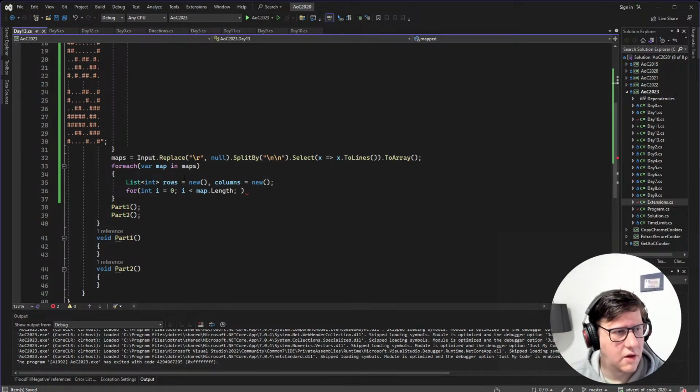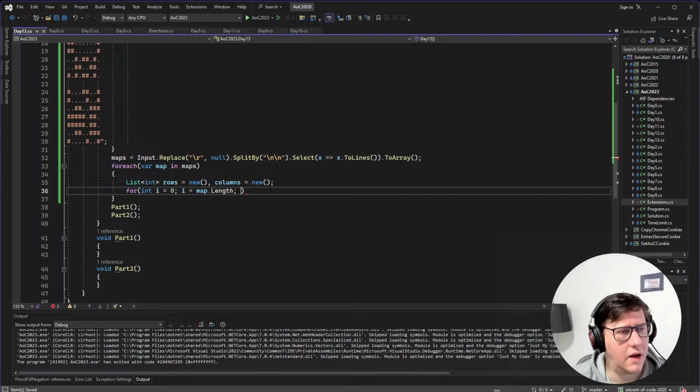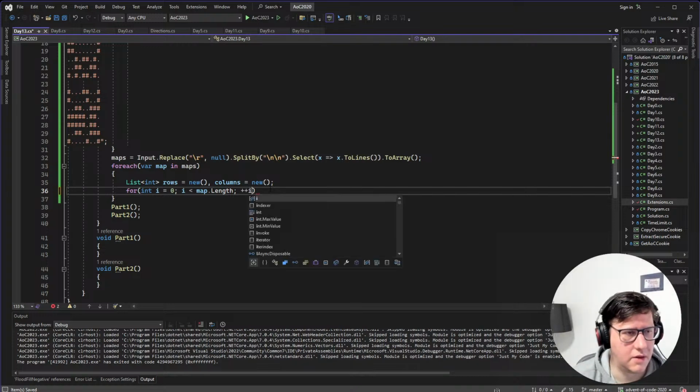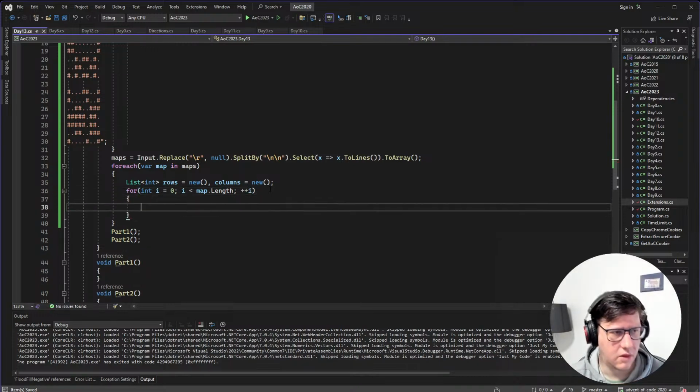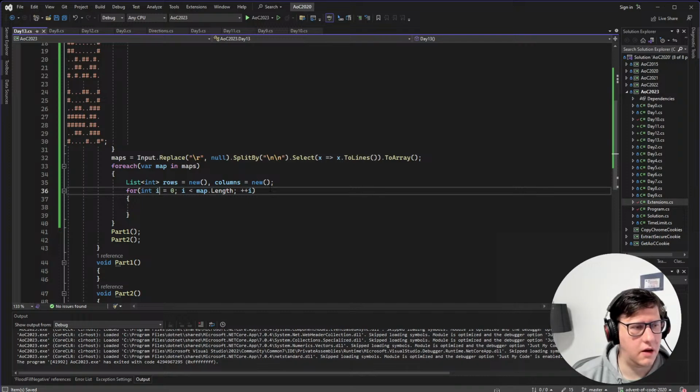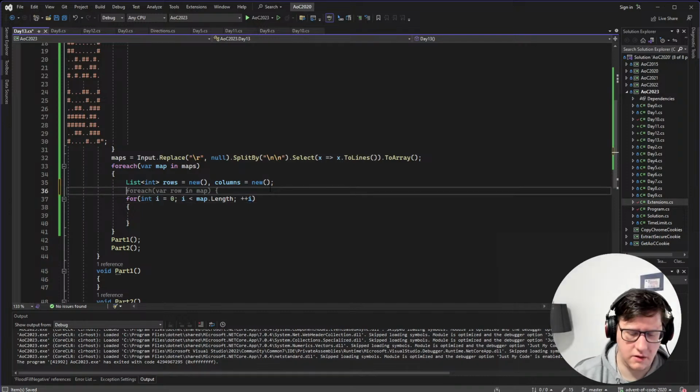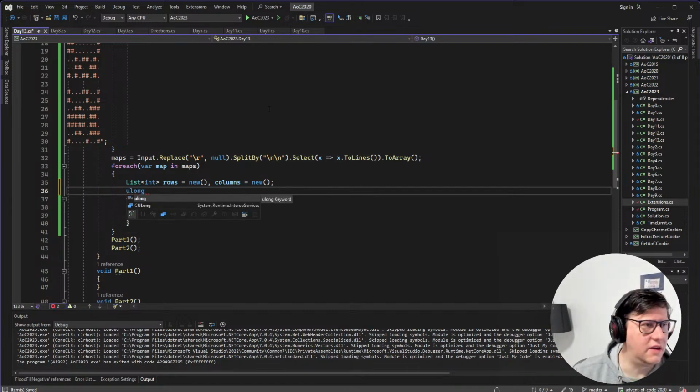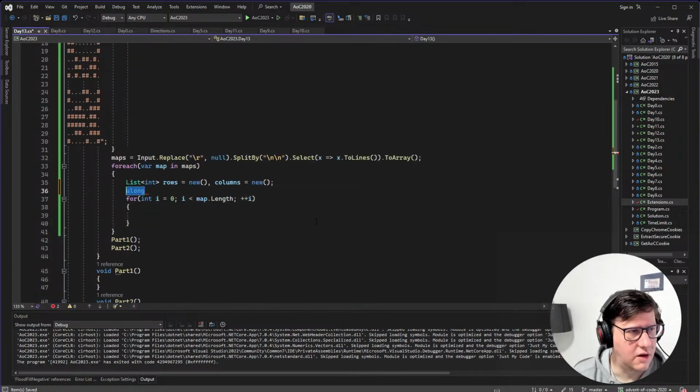Like this. So that is fine. Maps.length increment i. So this one will be each row. And I can just let's do view long. Actually, the values are small, so I can actually just use a